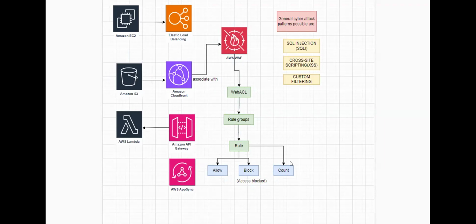We also have an option that is count. We can count the number of requests coming from a particular IP address, a particular source, a particular CIDR block, or a particular header. With a particular header, how many requests are we getting. All those things we can monitor under the rules in this rule group. So in this way we can